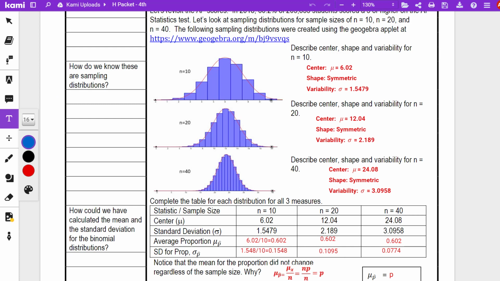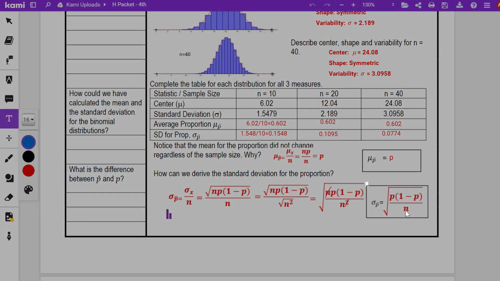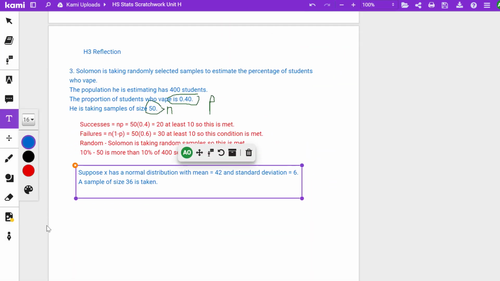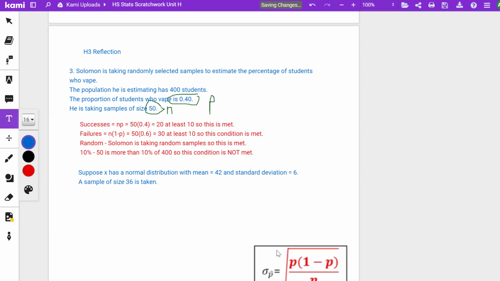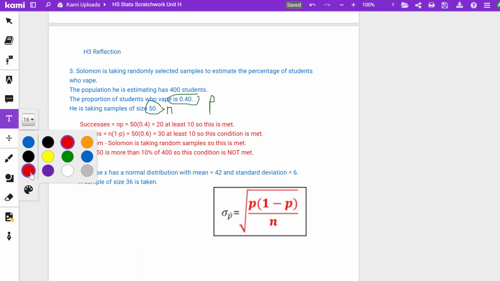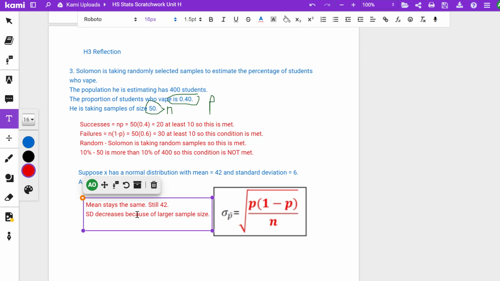So if you look at our notes, here is the formula. That's the formula we want to take right there. Okay, this formula right here, that's what we're using. So there's the formula. So mean stays the same, still 42. SD is going to go down, your standard deviation, all right? SD decreases because of larger sample size. So we're going to use the formula SD equals, which is basically this one right here. We're going to do the square root of,